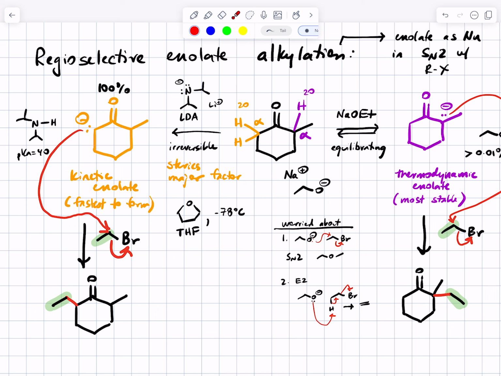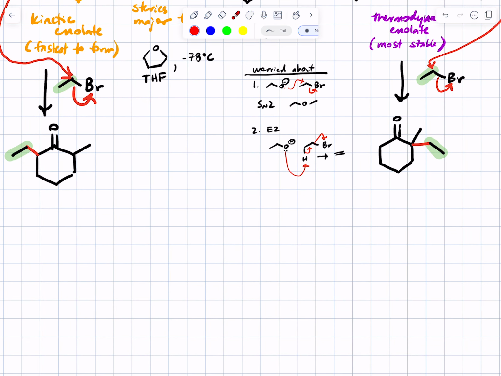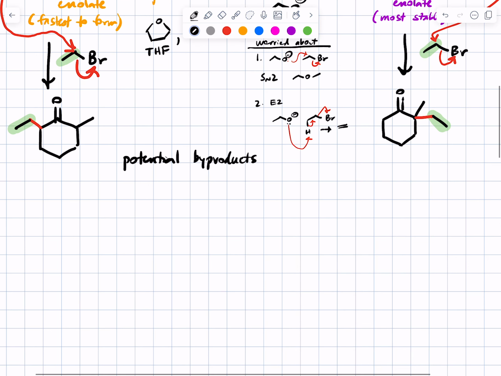Would we also be worried about the electrons making a double bond and then kicking electrons onto the oxygen and then the oxygen acting as a nucleophile? Sure. So one other potential worry that's true about both of these things, and these are potential byproducts. You would hope that they don't form, but you do have the potential for, say, this resonance structure of the enolate getting alkylated on